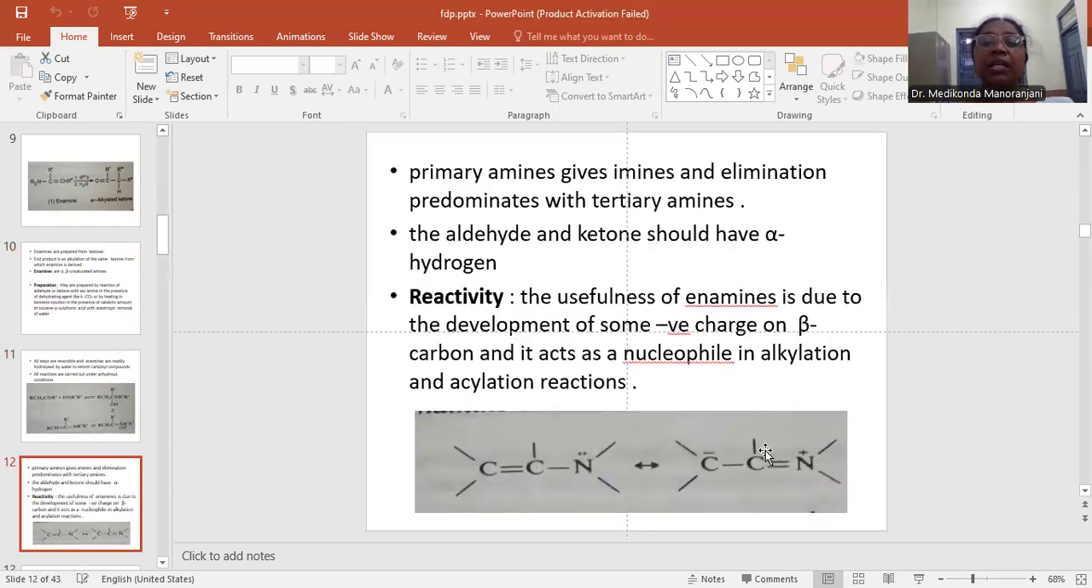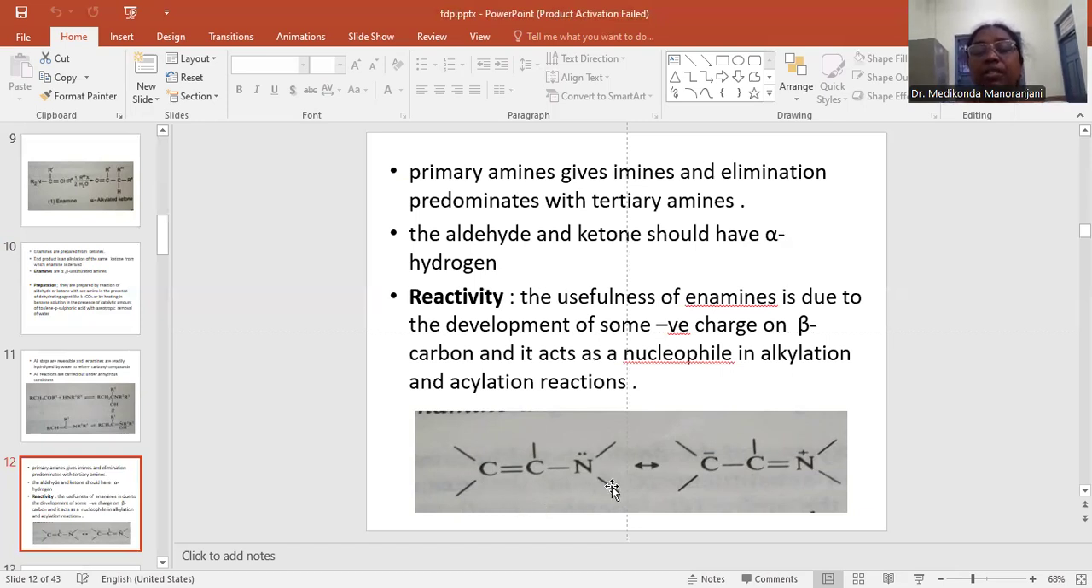Primary amines give imines and elimination predominates with tertiary amines. The aldehyde and ketone should have an alpha hydrogen. When you look at the reactivity, the usefulness of enamines is due to the development of some negative charge on the beta carbon, and it acts as a nucleophile in alkylation and acylation reactions. For example, you can see in this reaction,